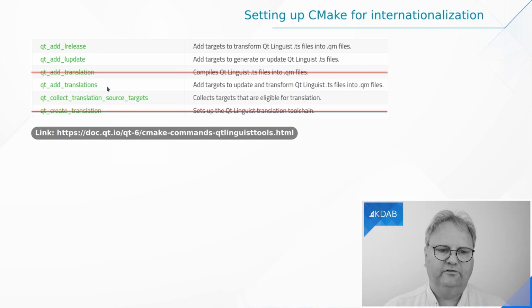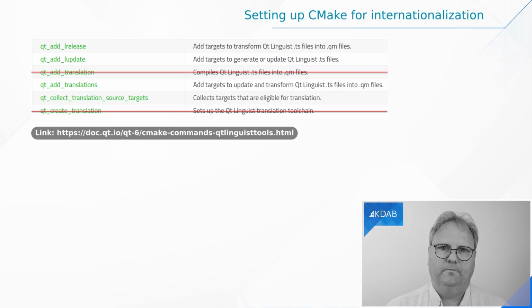But if you look at the documentation for qt_add_translation, the S here, not this one, but this one down here, then you'll notice that it says that it's a wrapper around these two for the most common cases. qt_collect_translation_source_targets. I didn't entirely understand it myself, and this is not Programming with CMake, mind you, but what it sounds like is if you do not want your unit test to be marked for translations, then you can do stuff with this one to more specifically point CMake to where to find the CPP and header files